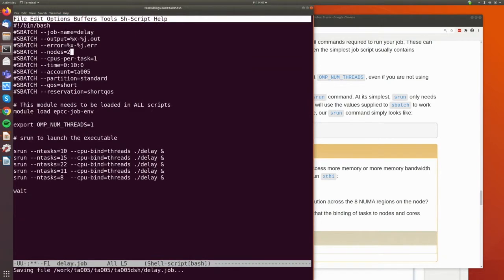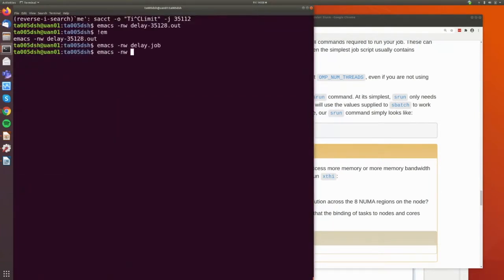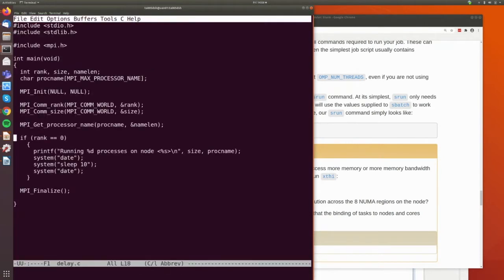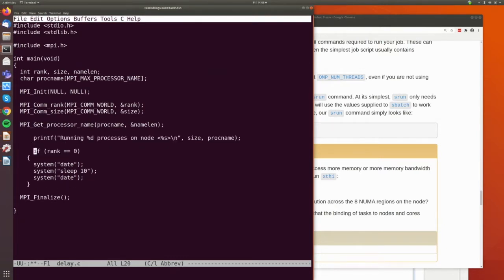So let's do 2 nodes, and let's run 64, no 32, 64, 64, 32. The interesting thing here is that these first 2 should be on the first node. This one, I think, should have to span 2 nodes. So actually, what I need to do is extend the code here, because I didn't